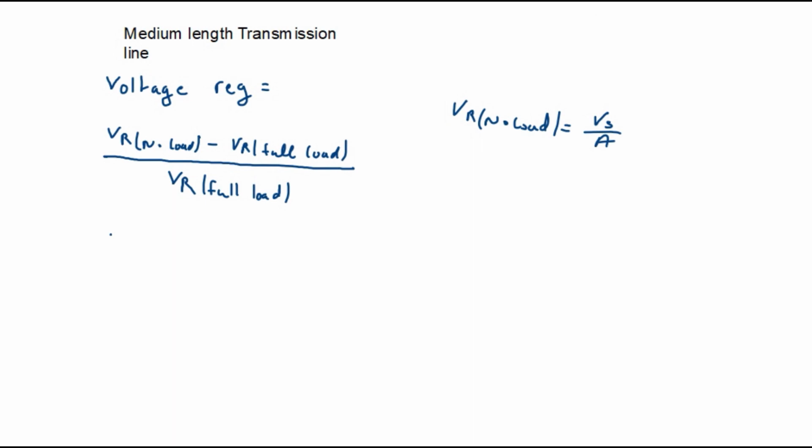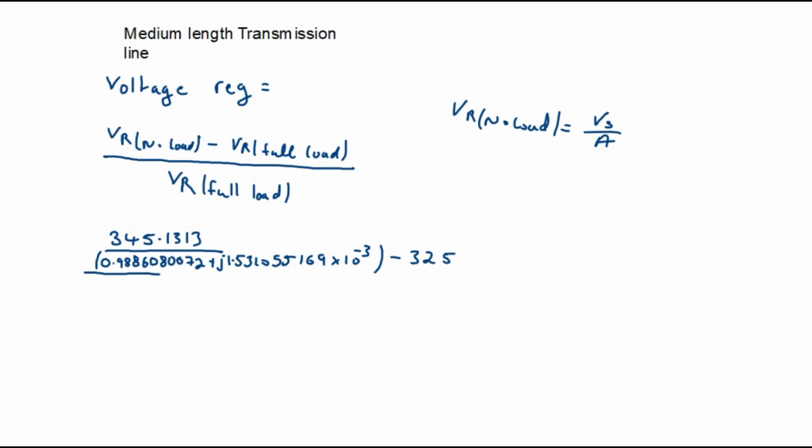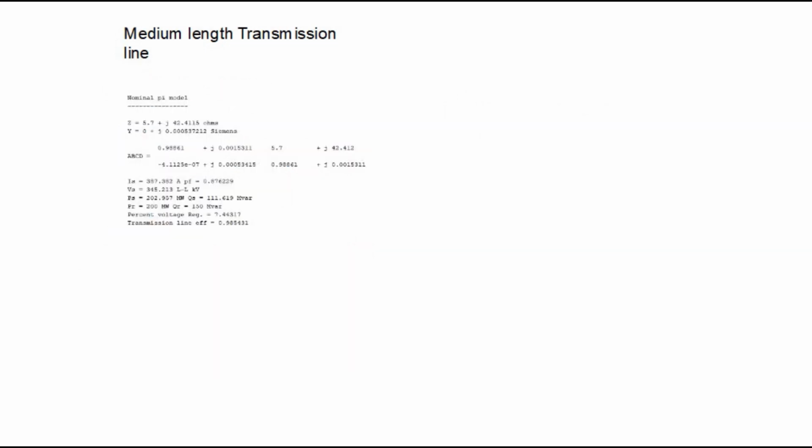This is 344.1313 over A, which is 0.986080072 plus J1.531055 10 to the power minus 3, minus 325, all over 325, times 100. This is equal to 7.41784%. I use Matlab here to confirm the calculated result for Z, Y, the ABCD parameters, the sending end current